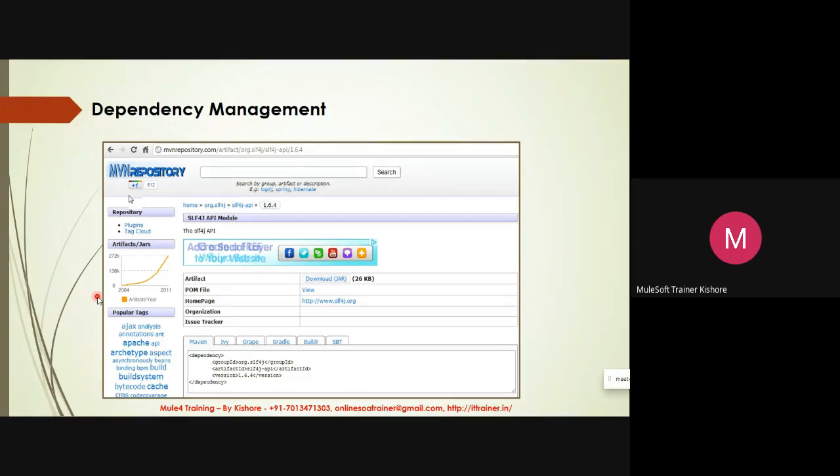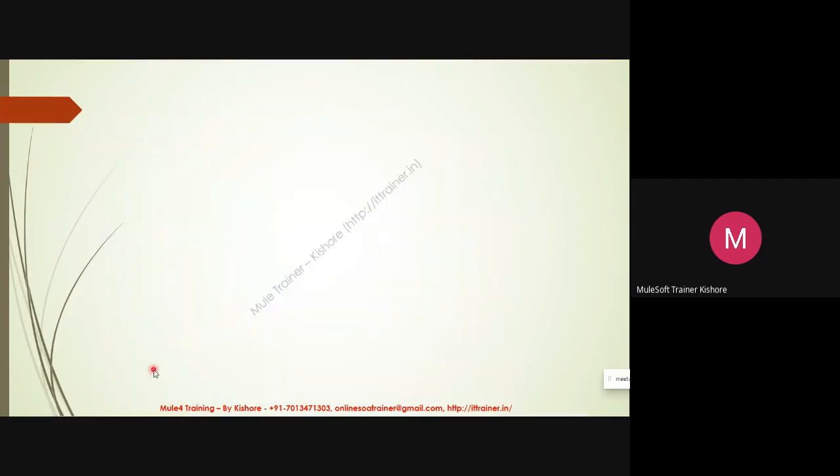And then dependency management. If you want any special thing, you can go and download it from your Maven repository. mvnrepository.com is the location. Go and search for a jar with the help of group ID, artifact ID, or the description and such. It will provide you that. And if you want that to be downloaded, added as a dependency in your Maven file, here in the bottom section, you can see the dependencies XML element.